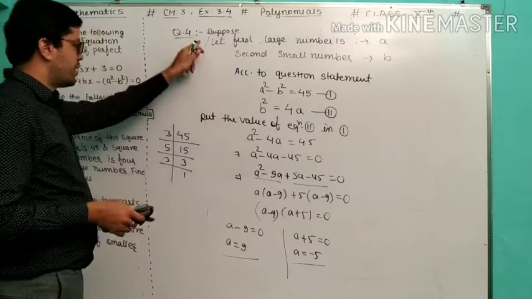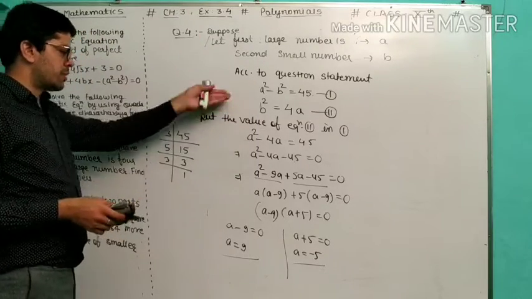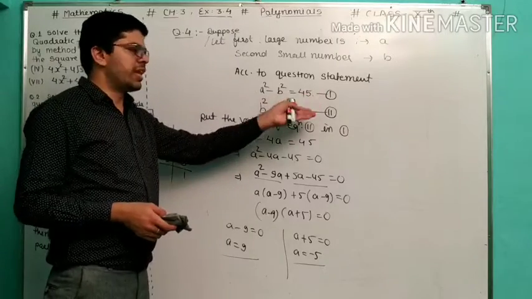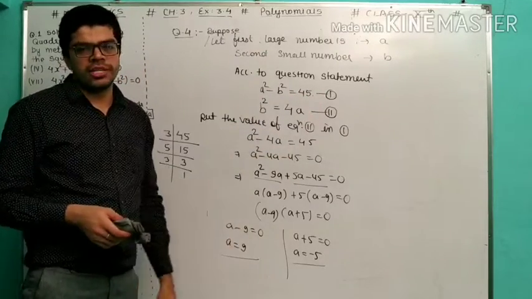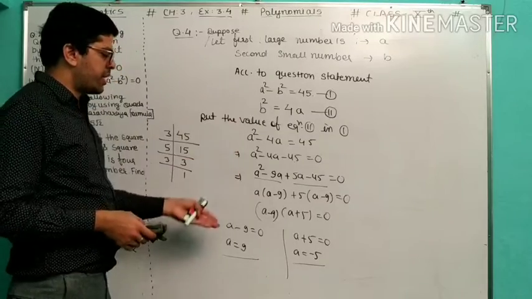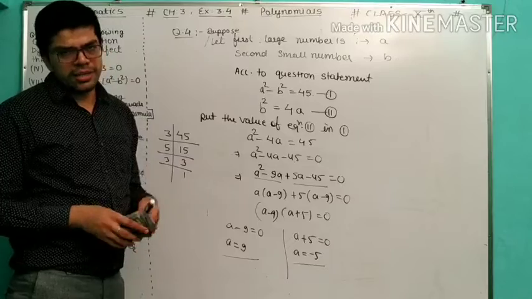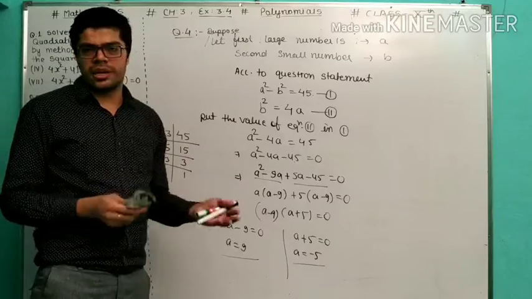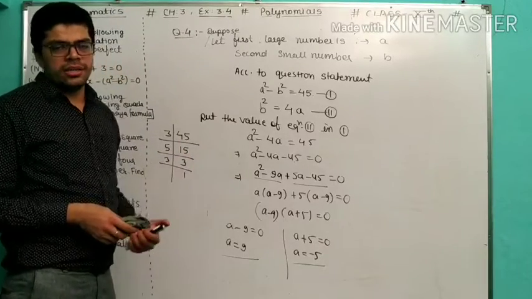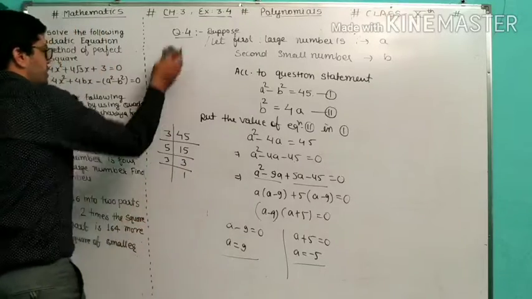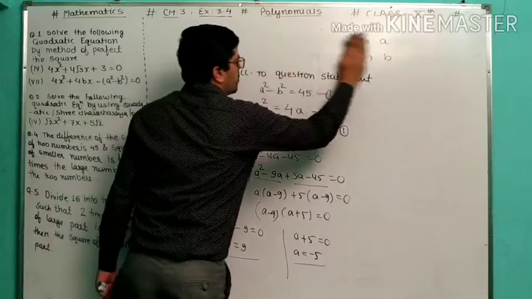So the language has to be converted into mathematical terms, and after that two equations will be obtained. The second equation will be utilized in the first, or maybe the first equation utilized in the second, and after that you will obtain one quadratic equation and solve it by whatever method you like. You can solve it by using Sridharacharya formula or any other method, like the method of perfect square or splitting the middle term. So hopefully you understood question number 4.